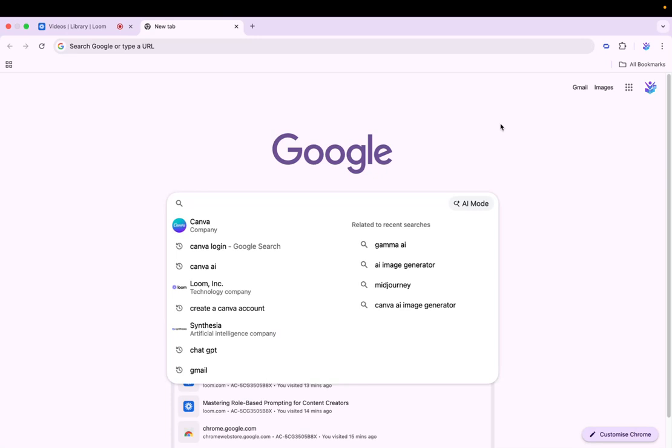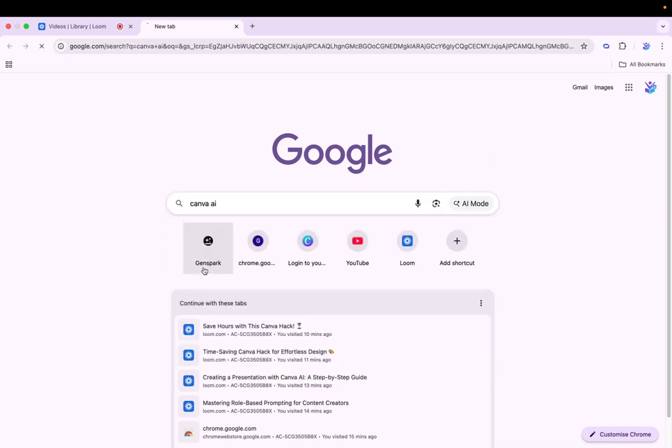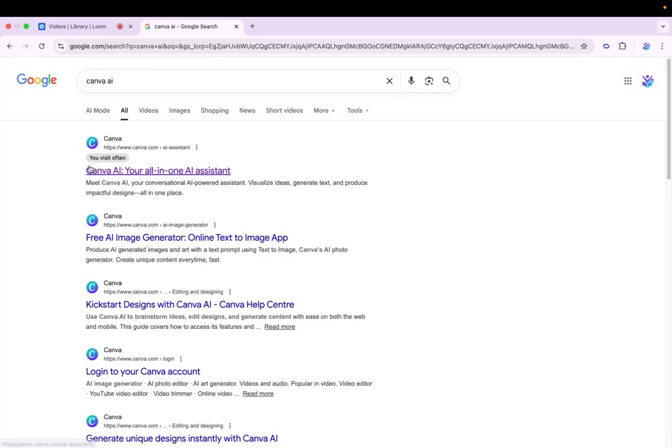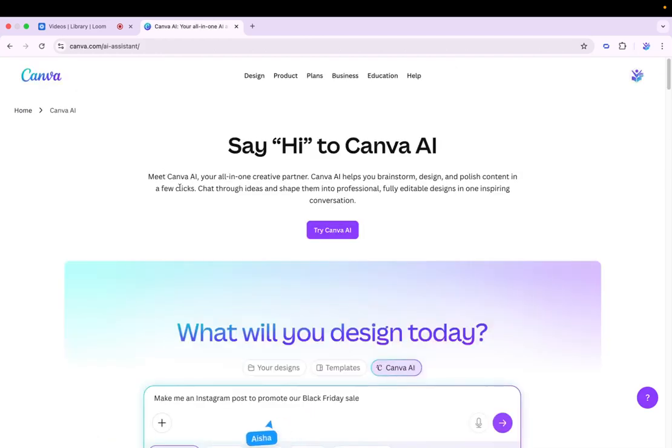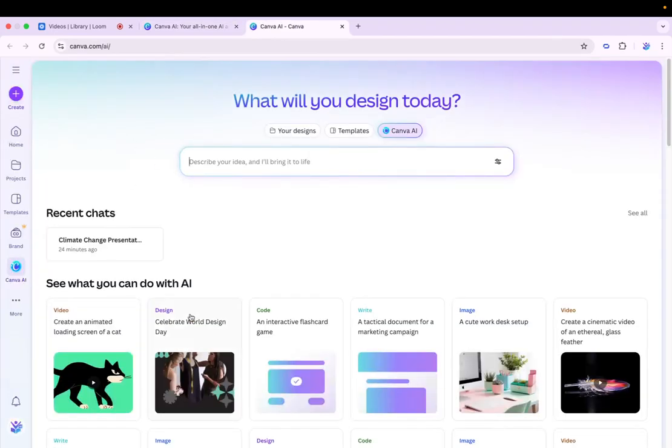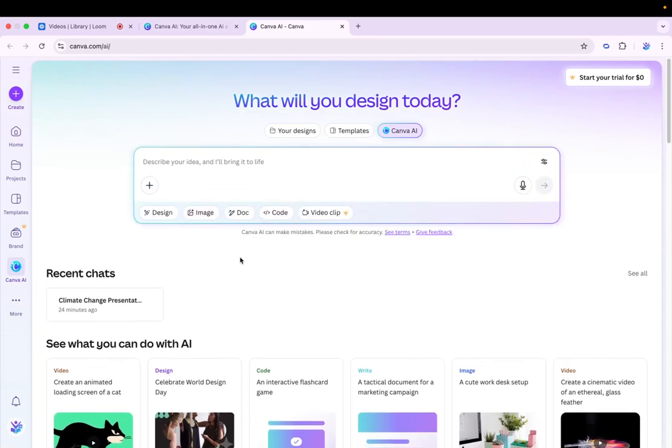The first thing you want to do is type into your search bar Canva AI. You're going to want to click the first one that says Canva AI, your all-in-one AI assistant. Click that and it will take you to this page and you'll press Try Canva AI. When you click that, it will take you to Canva AI, and in this search bar, you want to say